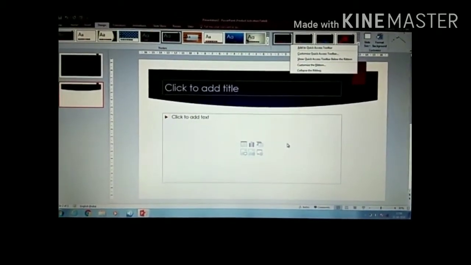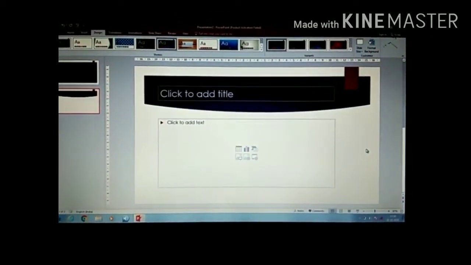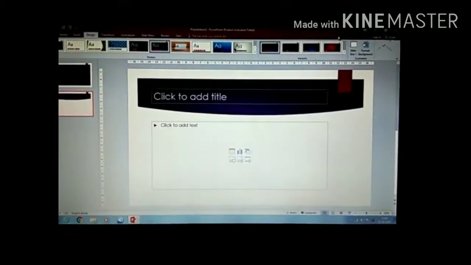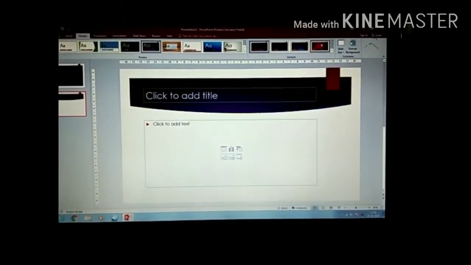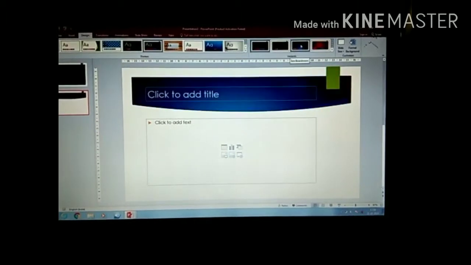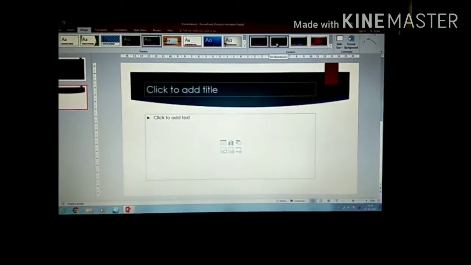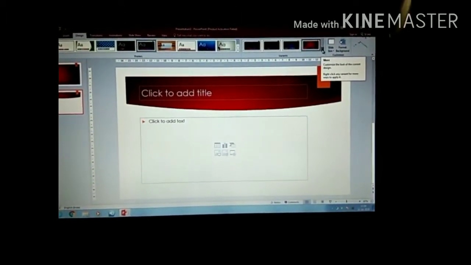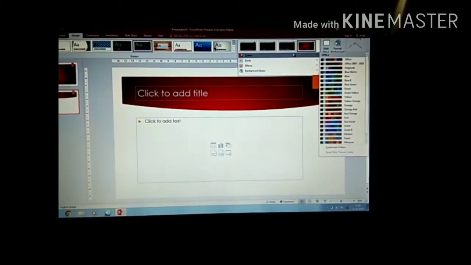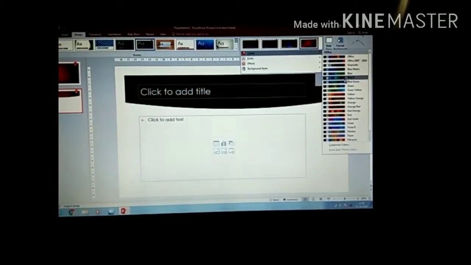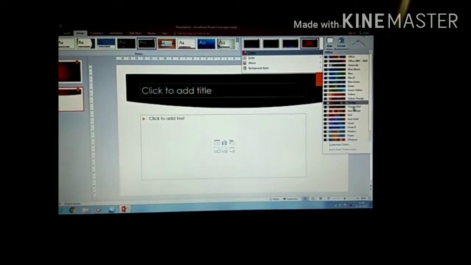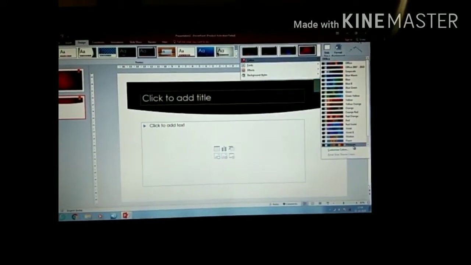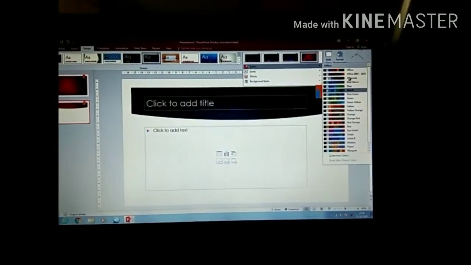Now our next practical is how to change the color variant of the slide. For that, go to the design tab. In the variant group, you can see here different kinds of colors are available. Just move your mouse pointer over it so you can see the preview on the slide. For example, I want this color, so I will click on it. And if you want more colors, click over here on the more option and select the colors option. So you will get more colors related to the theme. You can see the changes also. Like this you can choose the color.